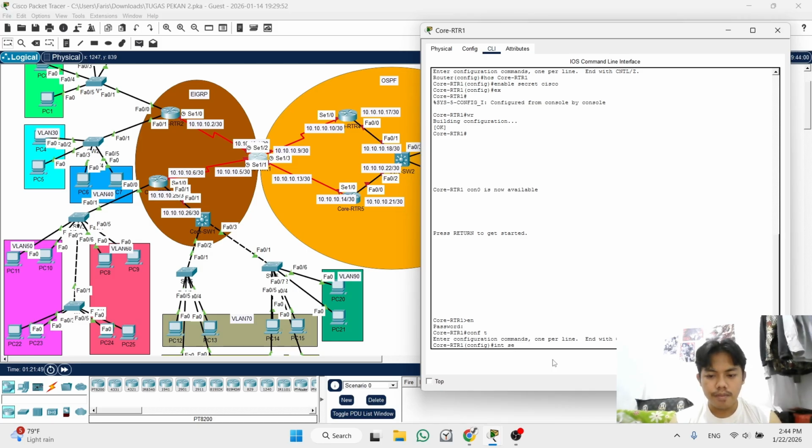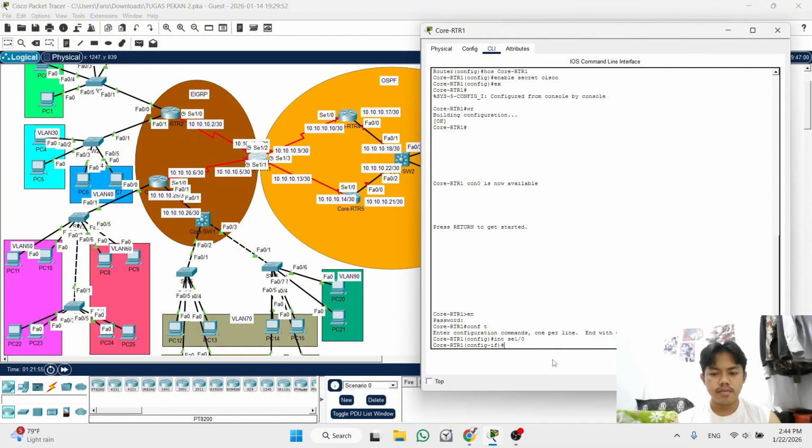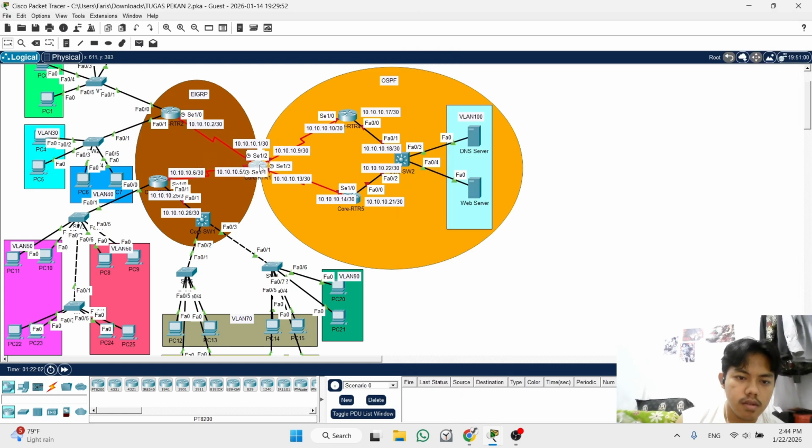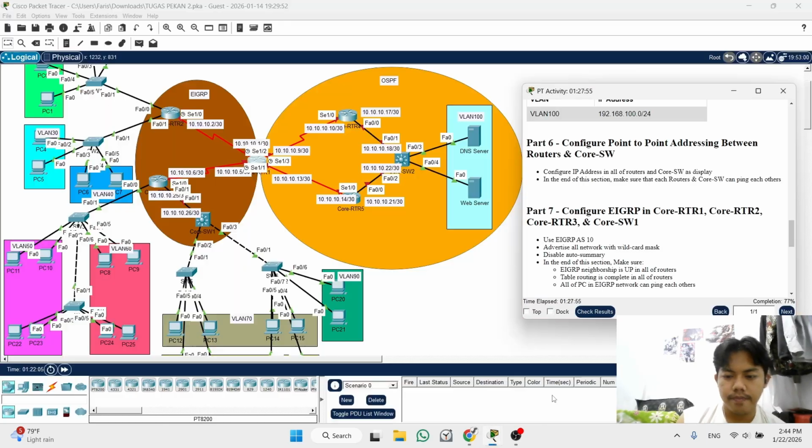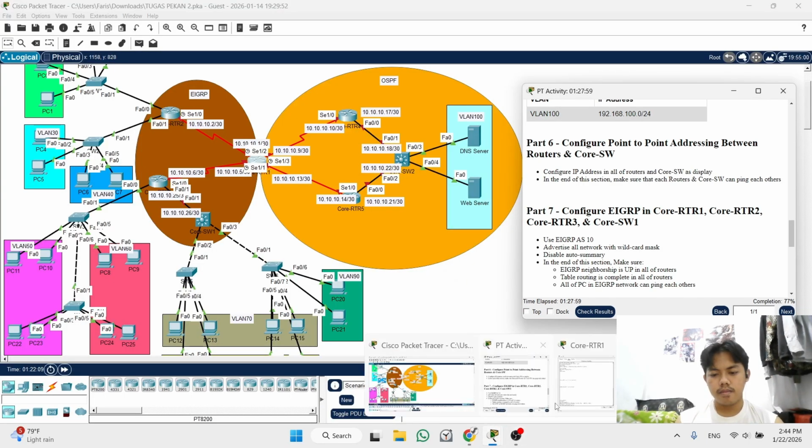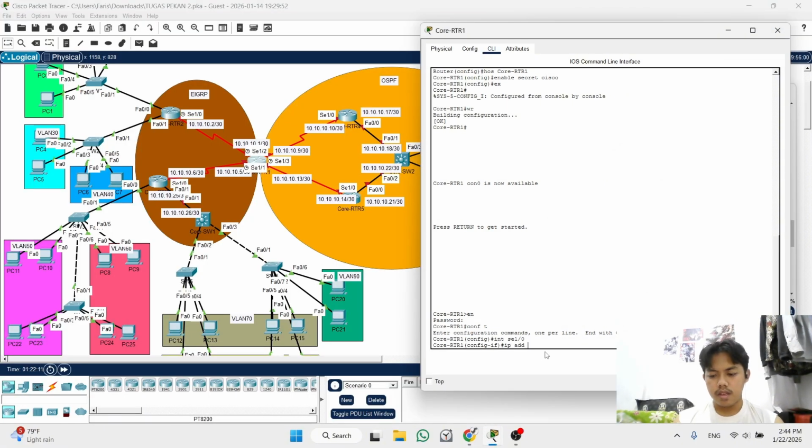Okay, we start from interface 10, and then the IP address is 10.10.10.1, and the subnet is